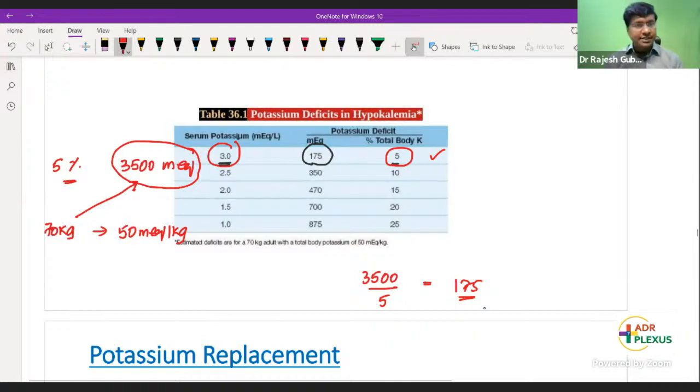Am I right? Am I doing any mistake? Yes, Harish, did you understand now? Some mathematics is going wrong, but 5% of 3,500 will be 175. All of you, am I clear or am I confusing you? It should be 3,500, 5% which is being lost.